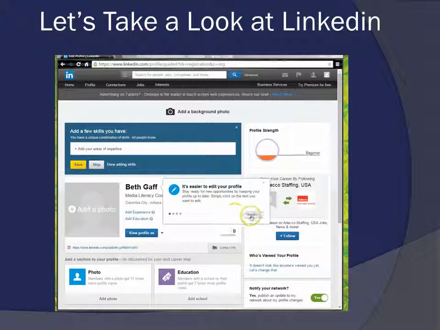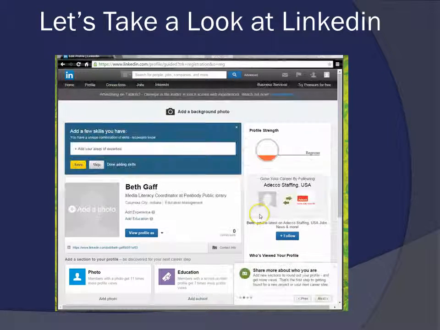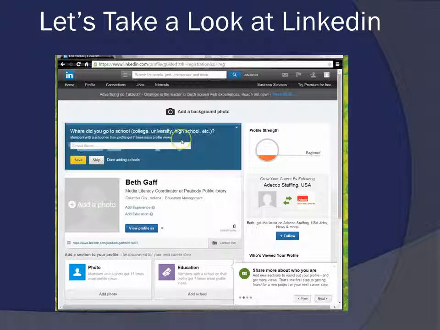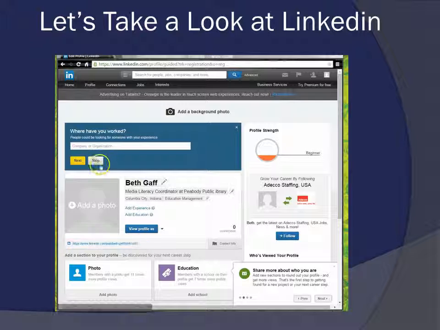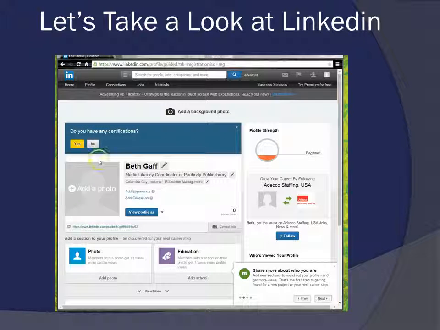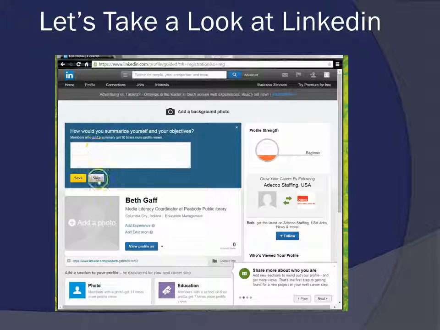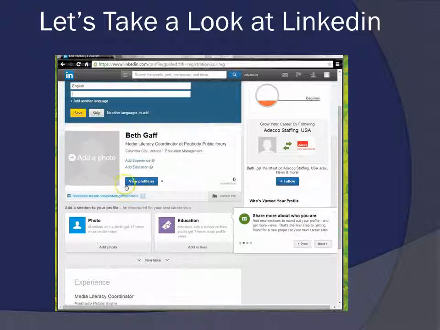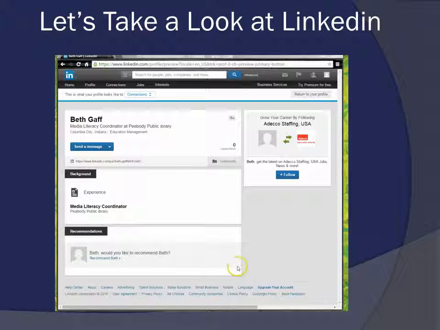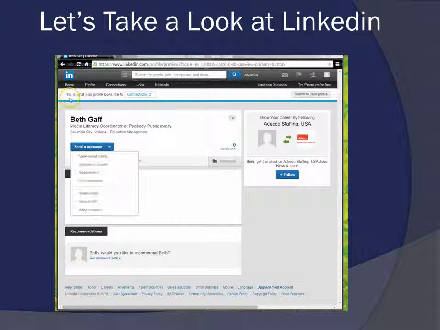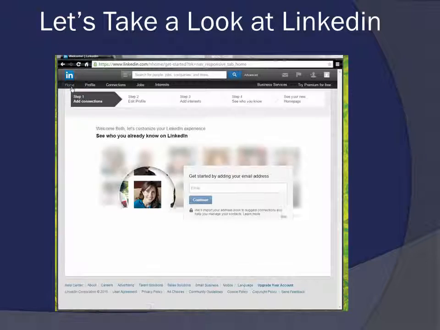Okay, so here we are, and I am on here looking around, and we can see that you can add your skills here. I'm going to skip that for now. I can also add in my schooling if I want. I can continue to build my profile, and that's what all this is. That's what it wants me to do. Any kind of certificates I've got or anything like that. Here I can also view my own profile, and it has me all listed in there. So now I can go home.